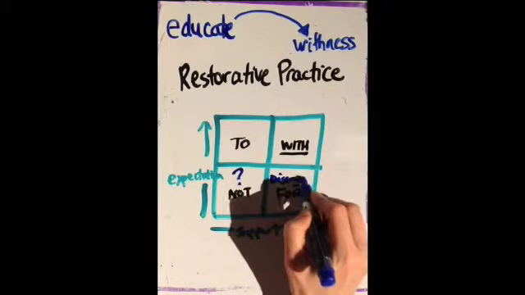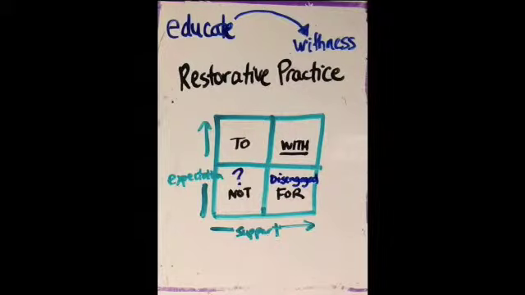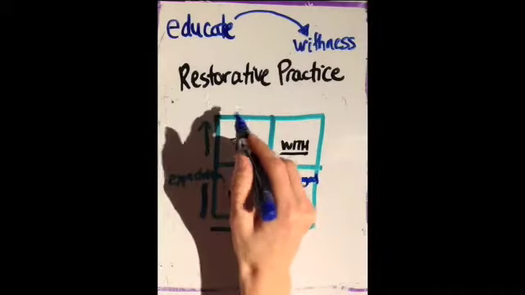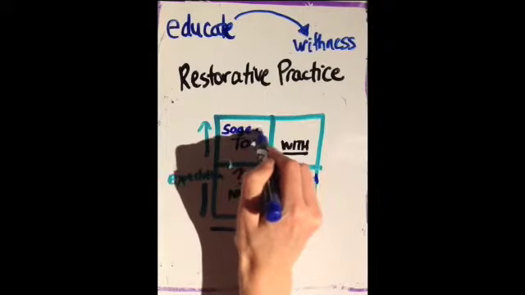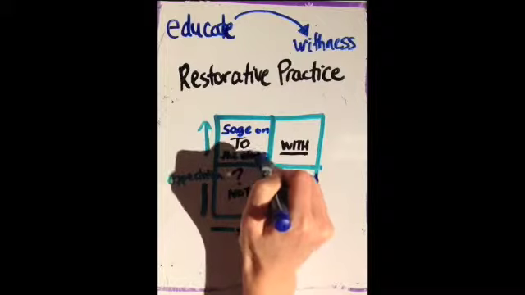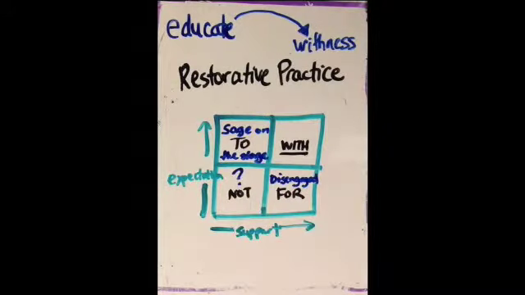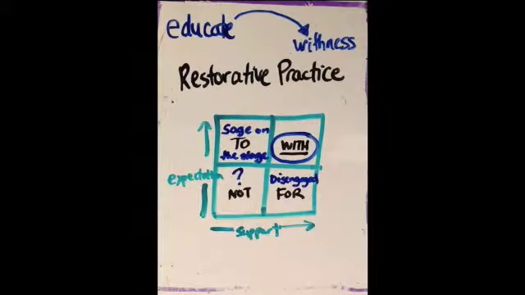In the not quadrant, people aren't learning. In the for quadrant, my guess is we'd find teachers involved in professional development quite disengaged. In the to quadrant of high expectation, low support, I think we see the old understanding of the sage on the stage, or the idea that the teacher is the holder of all knowledge. The person leading the professional development is the one who's going to impart the knowledge.